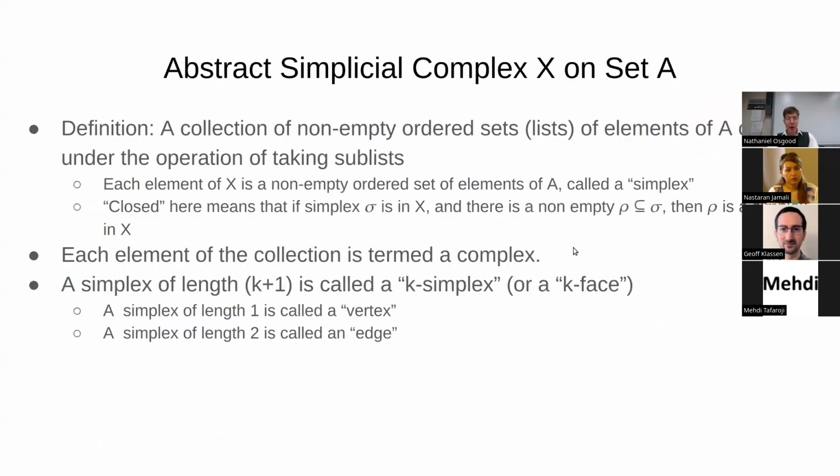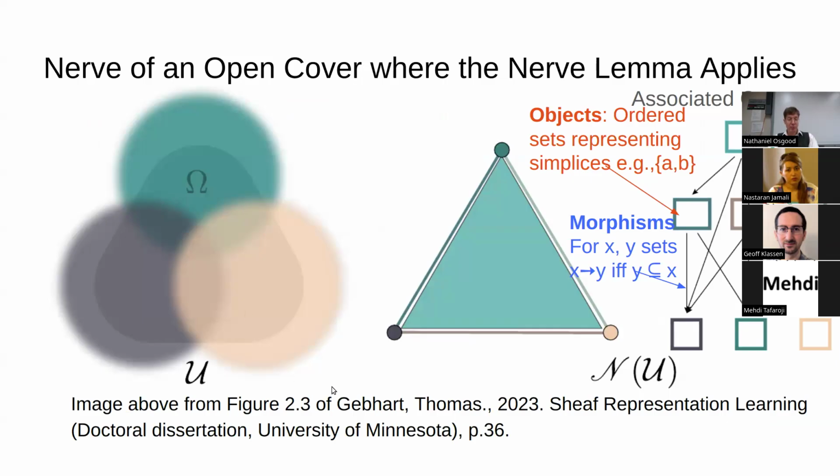But one place that these come in, and it's very handy, and this is from Tom Gebhardt, is in taking some geometrically rooted, some topological setting that's embedded in some actual ambient space, like with three balls in three space, and then abstracting their properties. So if we have these three open balls,